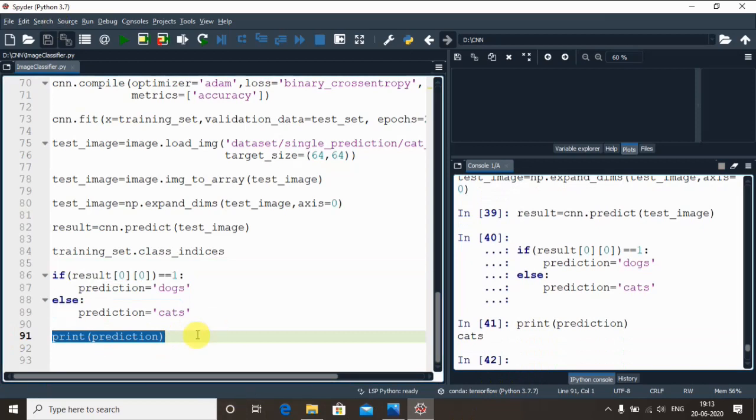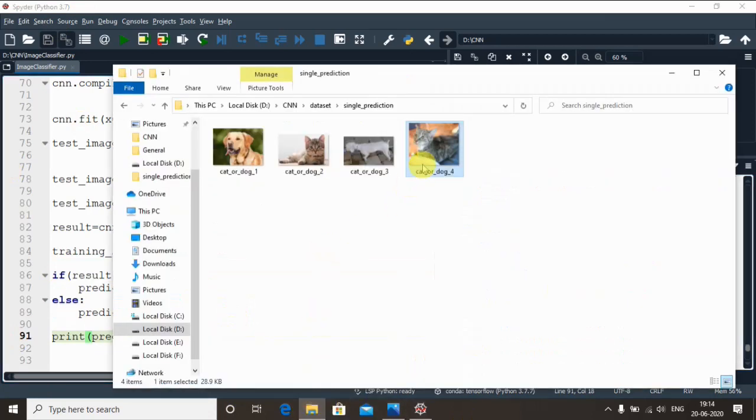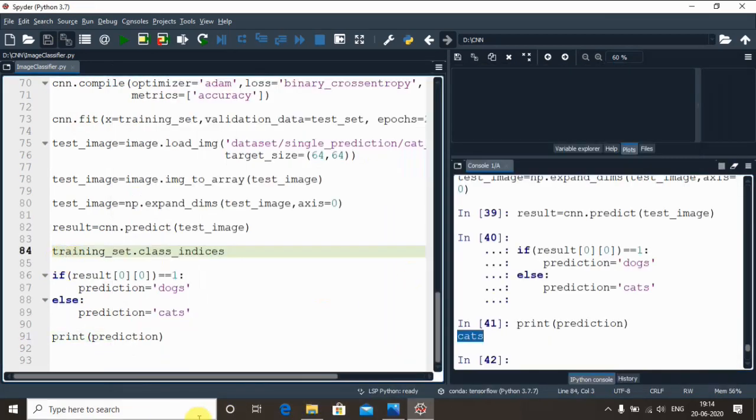Excellent, excellent. It is telling us it is able to identify the cats properly, correct? In fact, it was a cat. So our CNN model is able to identify the pattern in a given image, and it is also able to classify them as well, correct?